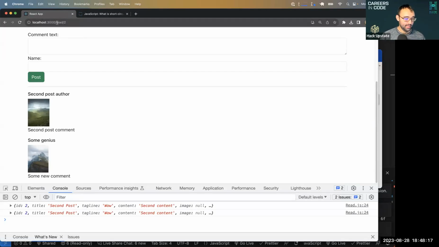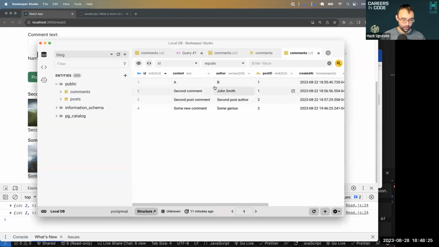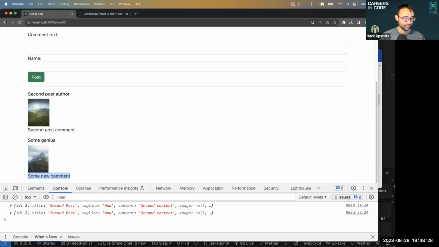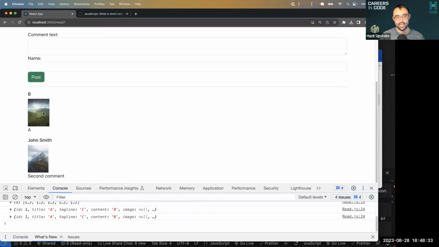So if I'm in this read to, you can see second post comment and some new comment is here. If we go cheat and look in our database, we also have comments on post ID 1. So if we go back to our homepage and open up the first post, you see the images happen to be the same because we use the same paths in the database, but the comments are actually related to the post that we made them on. So it's not that we're just making a comment and storing it in the database. We are, but we're also storing what comments are related to the post that we have open. The way that we do that,